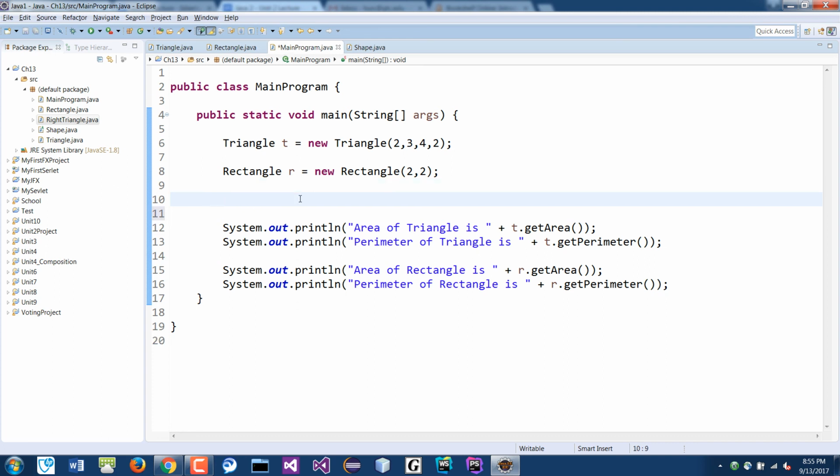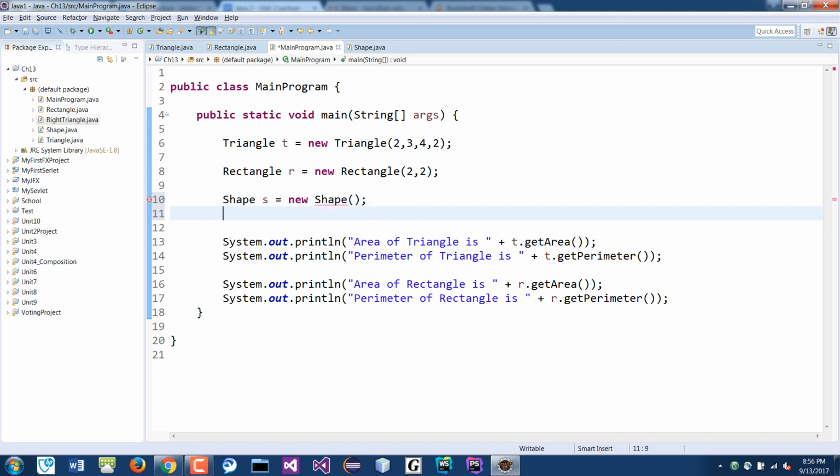So here is where the difference comes in when you do this type of application. Now I have the triangle and the rectangle classes. In the shape class, I can do this though. Remember, I couldn't do this: S is equal to new Shape, right? I still can't do that because Shape is abstract. Okay, so that's not good. But I can do Triangle,